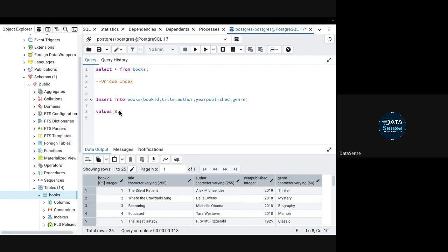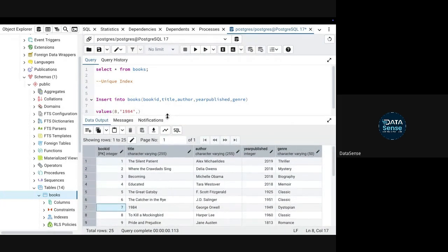Its author name is George Orwell, the year is 1949, and the genre is dystopian.